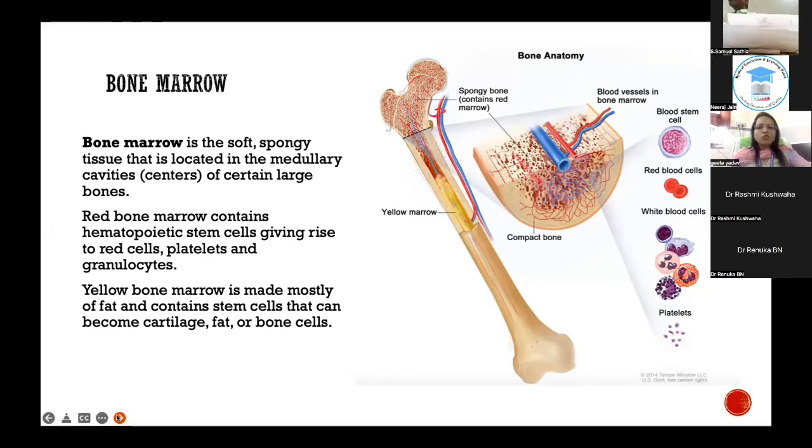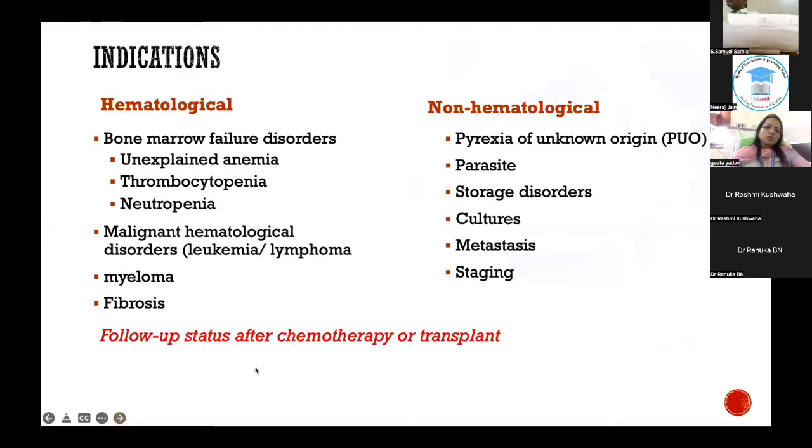So why do we want to see this bone marrow? What are the indications of bone marrow examination? There can be hematological indications and non-hematological indications, as sir mentioned initially also. Hematological, most of the marrows, like 80% of marrows, we do for hematological indications. It can be because of unexplained anemia, unexplained thrombocytopenia, neutropenia, any kind